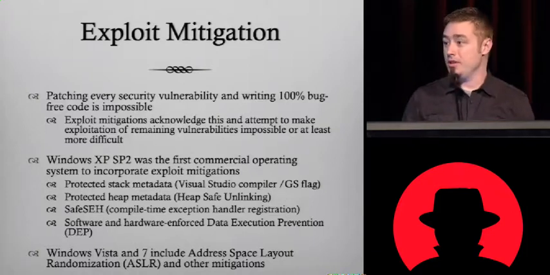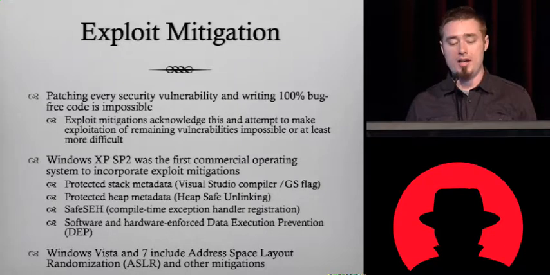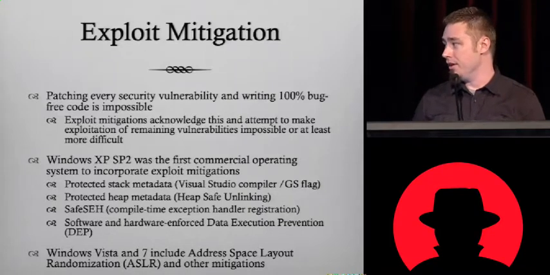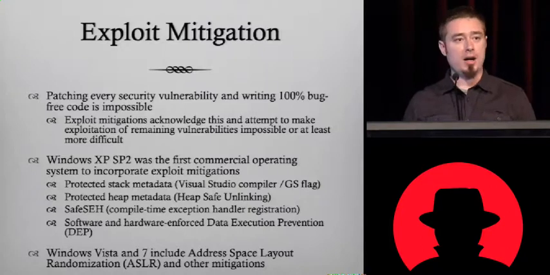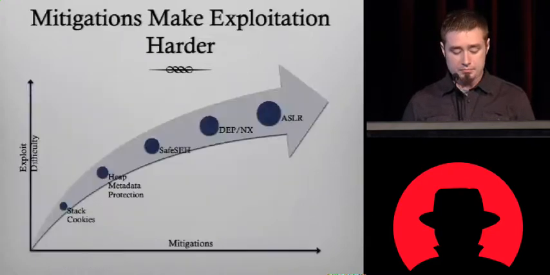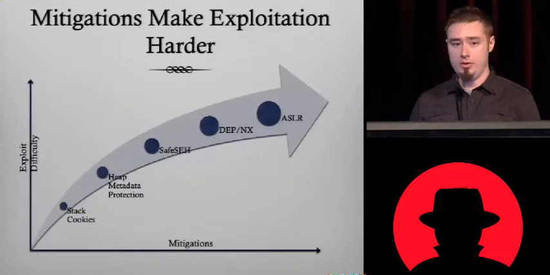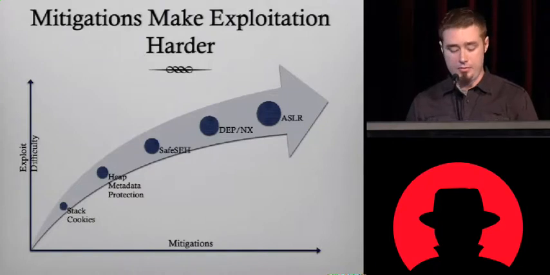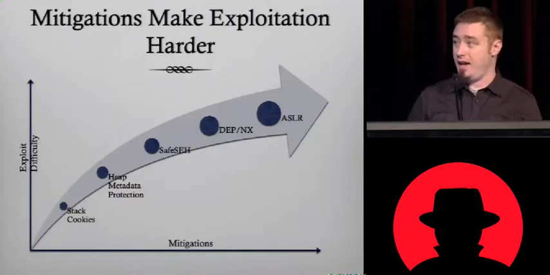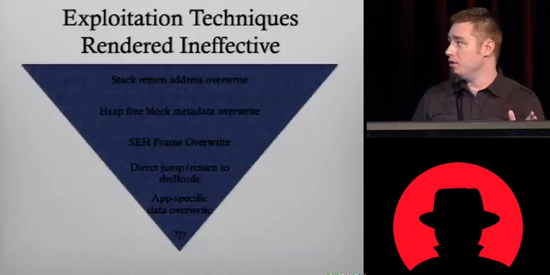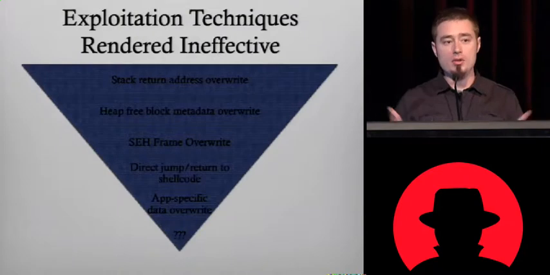forward. And so exploit mitigation that was implemented in Windows XP SP2 was sort of the first acknowledgement of this. And this included a number of things. And the number of mitigations that have been included in modern operating systems, such as Windows, have increased with each release. And what this does is this makes exploitation more difficult. Each mitigation forms a tapestry that will eliminate or make exploitation of certain types of vulnerabilities more difficult. And this protects the stack, the heap, exception handlers, random executable memory, and so on. And what this does is this basically winnows down the